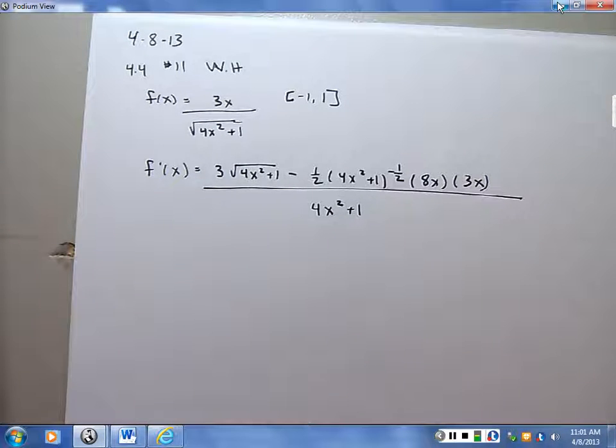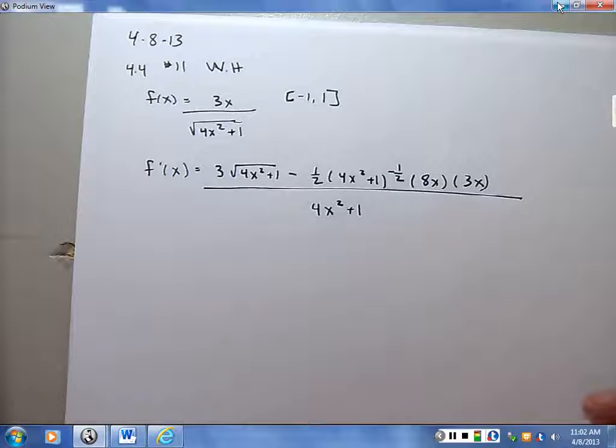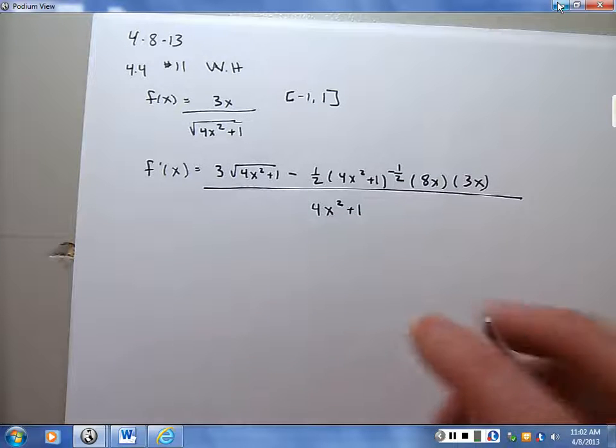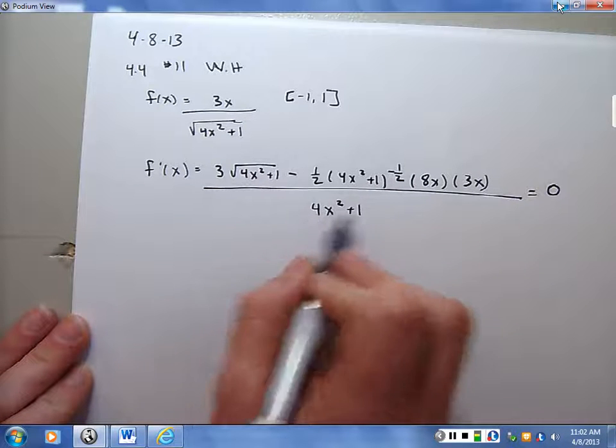So I do kind of have a mess here. Not going to deny that. But it should be something relatively easy to simple. The denominator never equals 0. So that's one thing that's nice. So here I want to set, when does this equal 0? Well, this is only